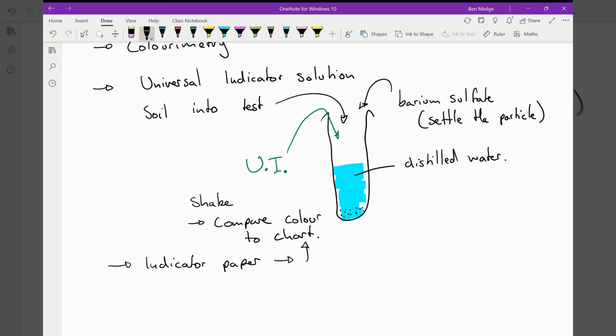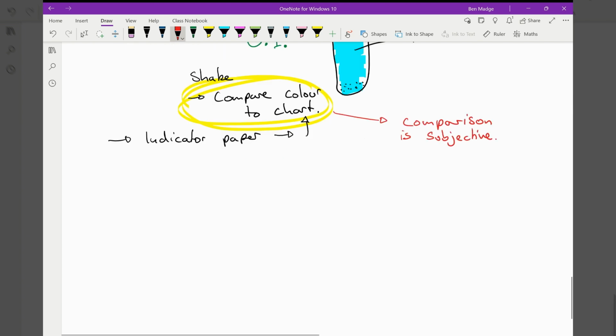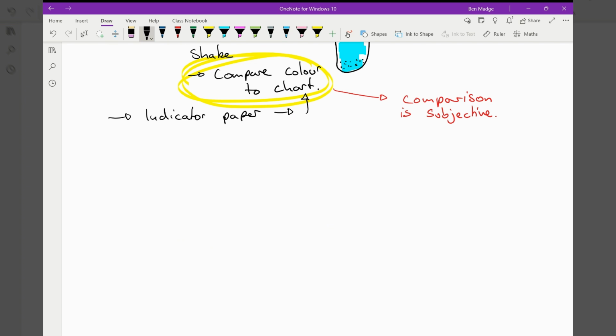Now, the limitation to this is this part here. This results in our limitation because comparison between the color that we see and a color chart is subjective. So it's possible that two different people will interpret it in different ways. We can improve on this by using electronic